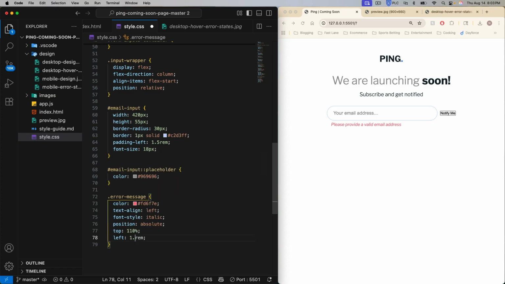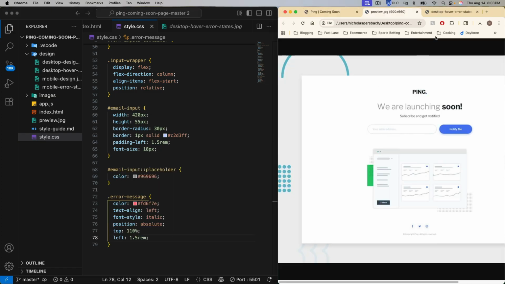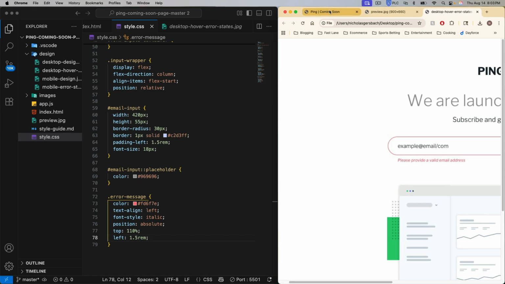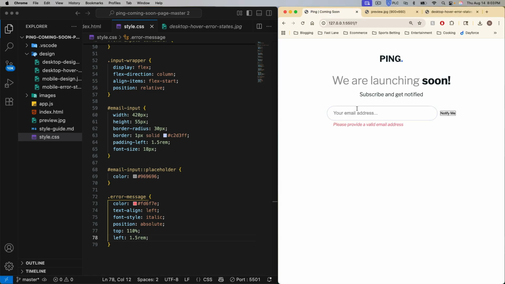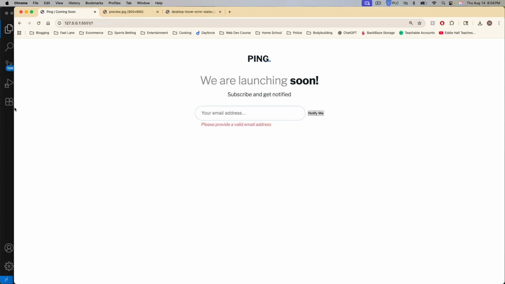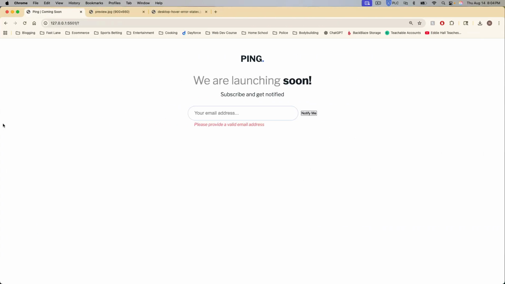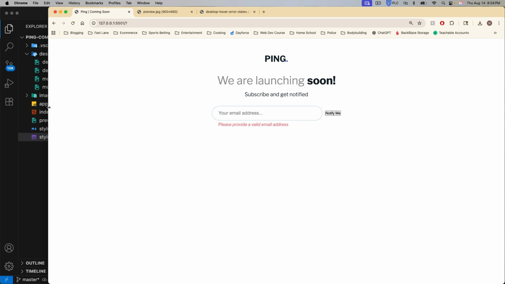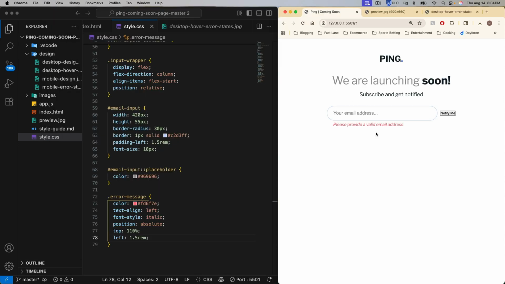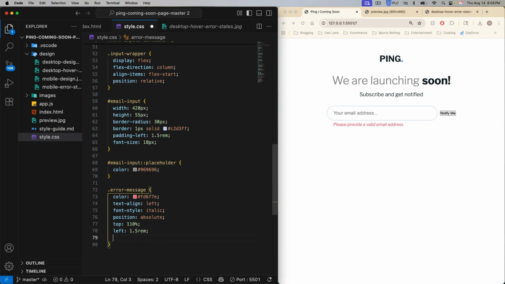And we can probably even do more. Let's say left 1.5 rem. And that's pretty much where it looks like it is on the design. Yeah, so now that we use position absolute for that, it'll stay there no matter what, at least on our desktop. That's how we want it, and it won't affect our input and push it up. So we don't want this error message showing until we hook it up with JavaScript and there's actually an issue. So now I'm going to say display none just to get rid of it for now